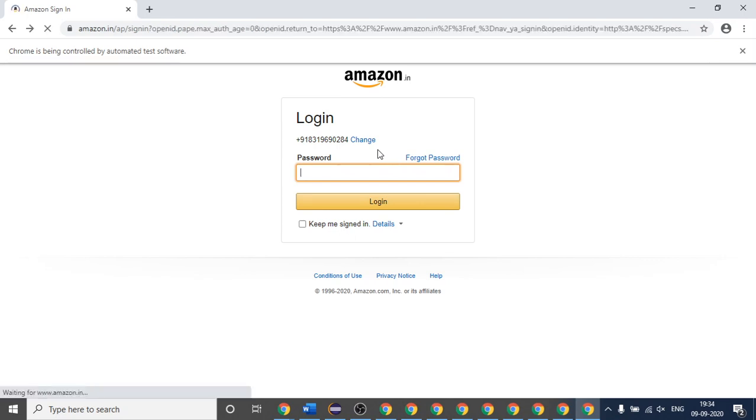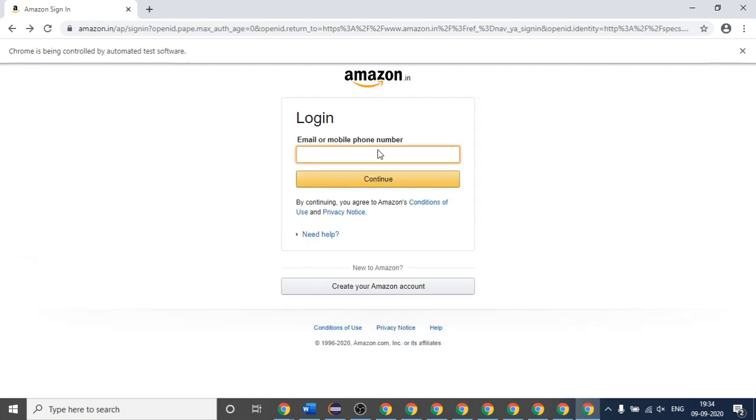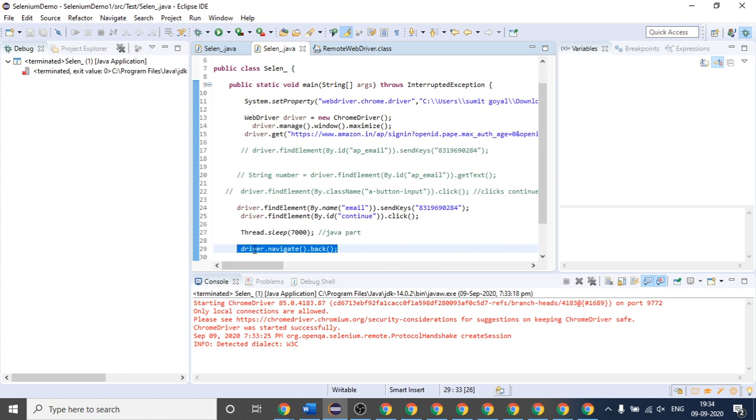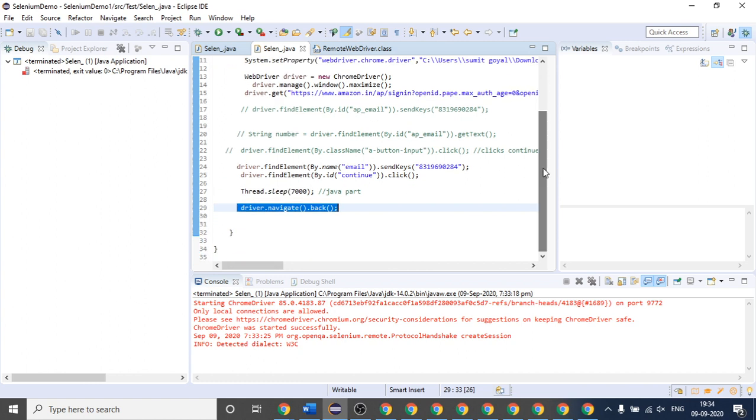But after that, you will see that the back button is clicked, and you will be redirected to your original page. So this is how you can use driver.navigate.back to come backward.